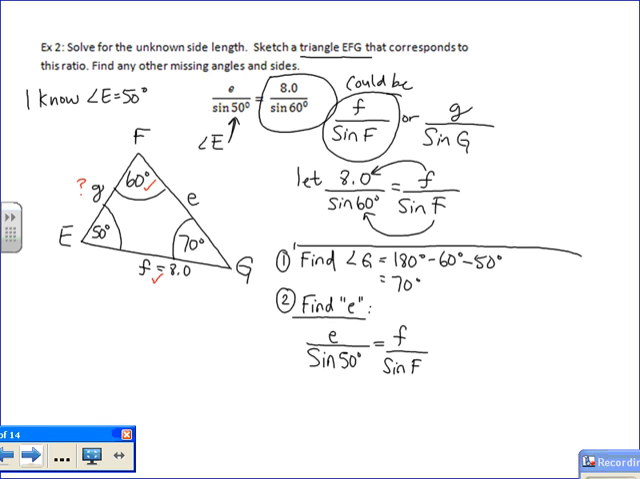So let's go ahead and fill those values in. E over the sine of 50 degrees is equal to side length F, which is 8.0, over the sine of 60 degrees. And again, I'm going to cross multiply the sine of 50 on the bottom by 8 on the top of my other ratio so that I can just isolate E. So I get E is equal to 8.0 times the sine of 50 degrees, all divided by the sine of 60 degrees. And that's going to come out to be